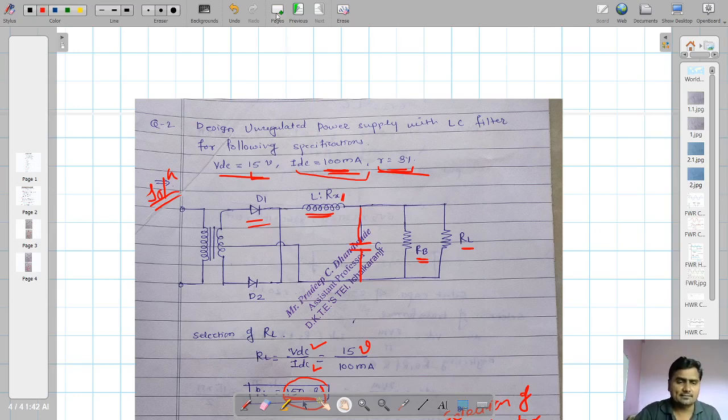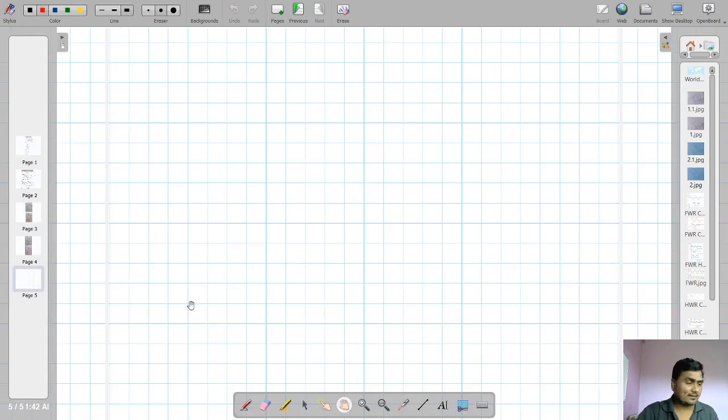Okay, let me add one page here. Then let us start with one example. It will take time to write it here, but still I will try to write it first. Or I'll dictate it orally. If you are there, then you write it down. Let me check, all connections are there.